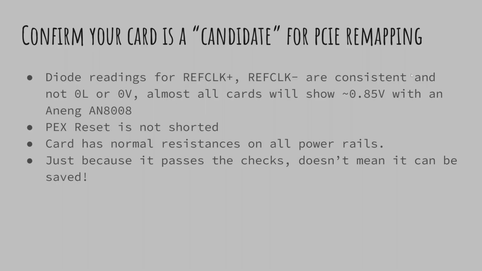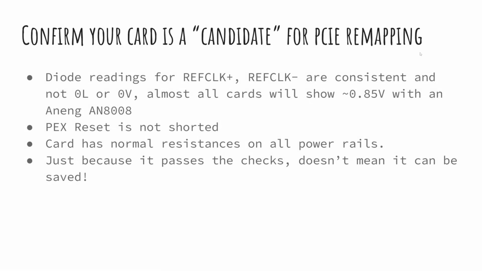So first you need to confirm it's a candidate for PCIe remapping. I already went over this slightly, and I'm not going to go over it again. Anyways, the standard method is as follows. Basically, the idea behind the standard method is that we're going to take our damaged PCIe lane, the first lane, and rewire it to another lane that is still perfectly functional. So if you have an NVIDIA card, you will rewire lane 1 to lane 2,